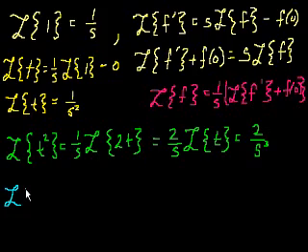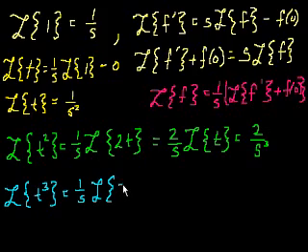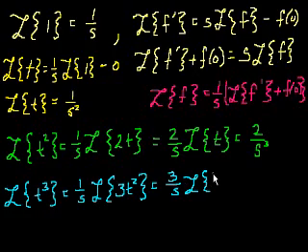The Laplace transform. And this is actually kind of fun. I recommend you do it. It's somehow satisfying. It's much more satisfying than integration by parts. So the Laplace transform of t to the third is 1 over s times the Laplace transform of its derivative, which is 3t squared. Take the constant out, because it's a linear operator: 3 over s times the Laplace transform of t squared. So it equals what? What's the Laplace transform of t squared? It's 2 over s to the third. So this equals 3 times 2 over